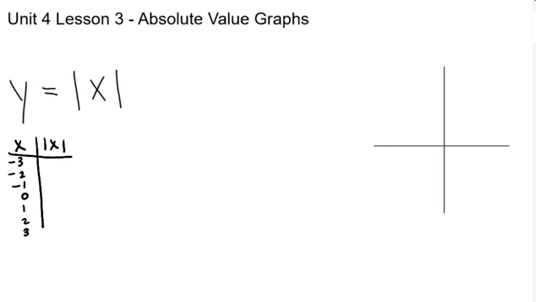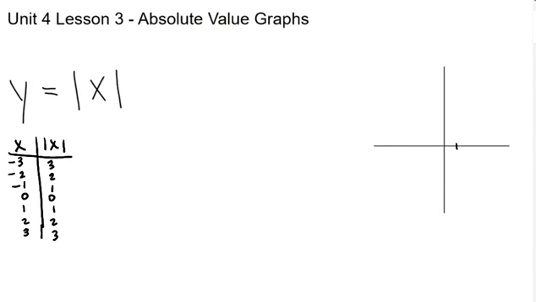Okay, so I'm going to go through, and for these x values that I've written down, I'm going to take the absolute value of them, and then I'm going to plot that as the y value. Okay, so absolute value of -3 is 3. Absolute value of 1 is 1. And there we go. Okay, and then I'm going to go over here to the graph and start kind of,